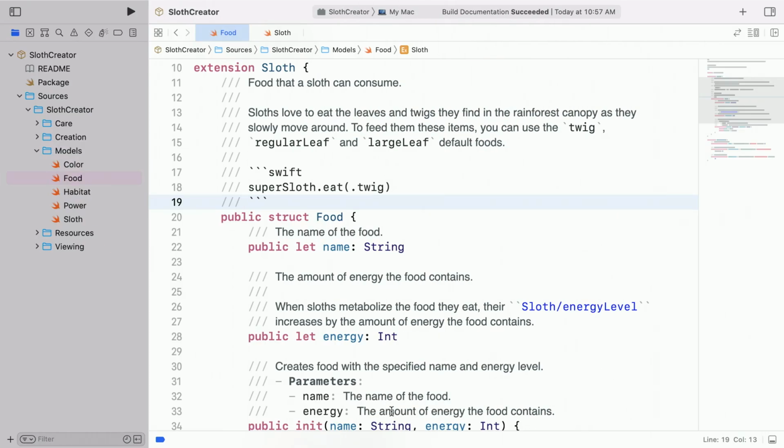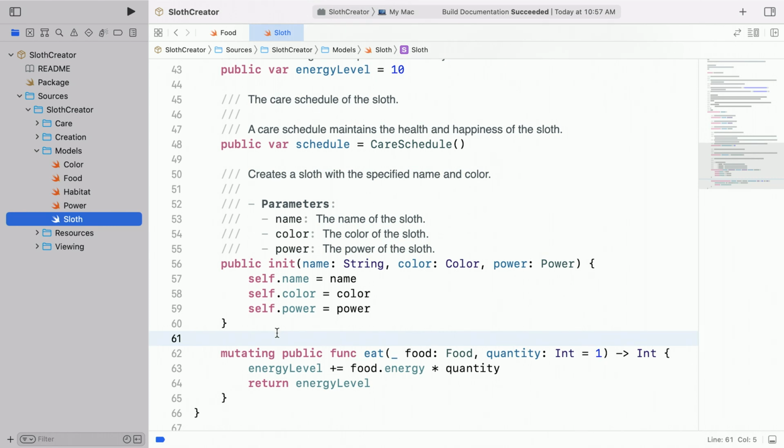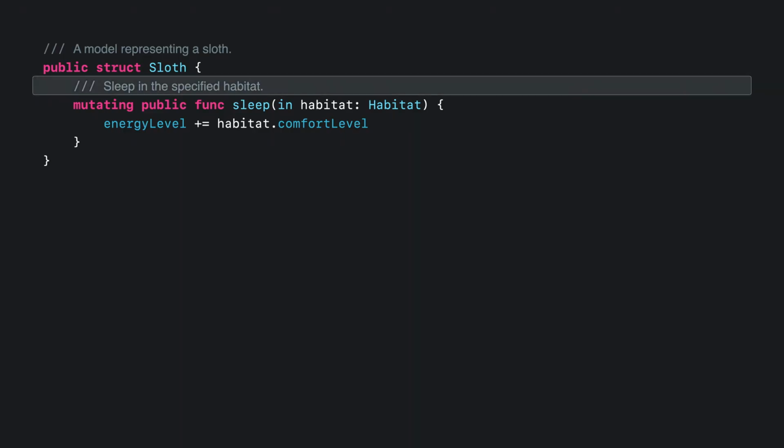I'll open the sloth file by moving my mouse over to Xcode's navigator and clicking on the sloth item. And if I scroll down, I'm noticing that the eat method still needs a documentation comment. So let's take a quick look at the best way of documenting methods. We start the same way by adding a /// comment above the method's declaration and adding text that will make